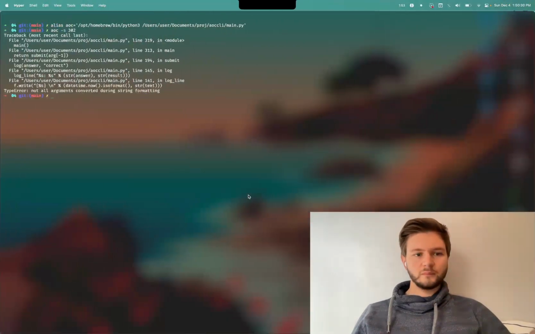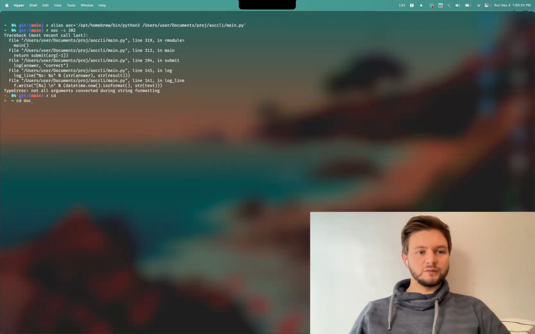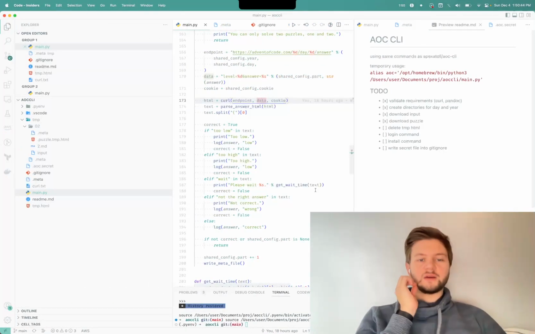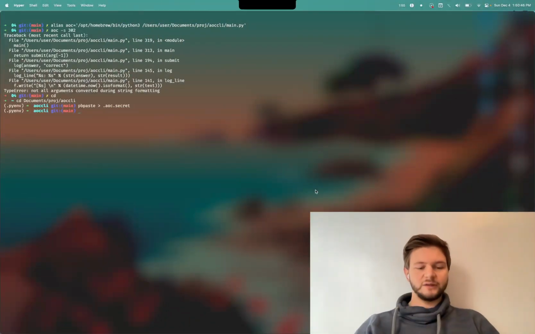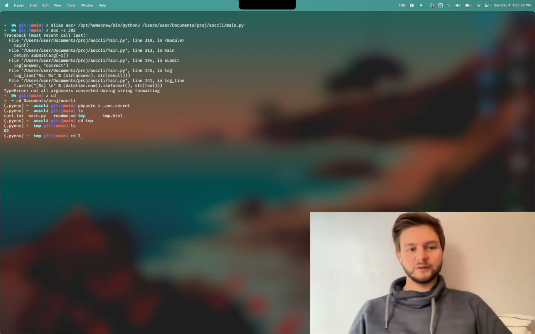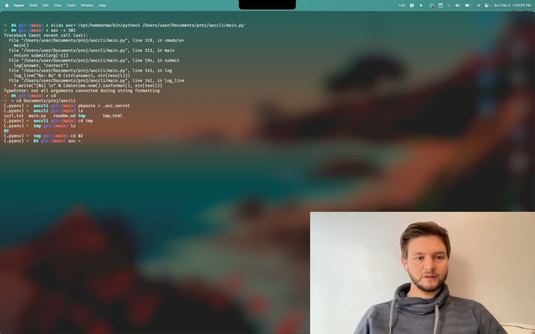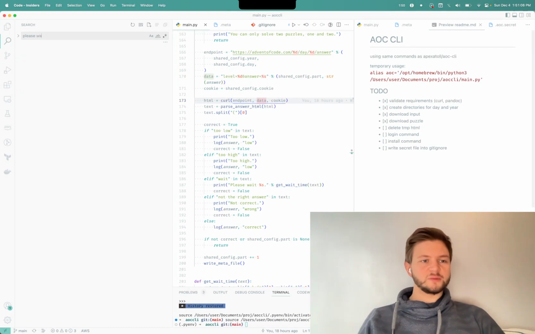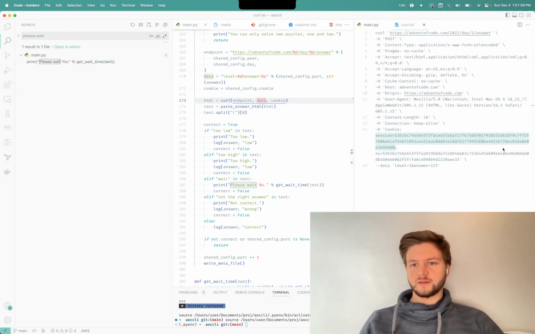Cool. And now I should be able to go to document project AOC CLI, and there should be a secret file right here, which we will now pb paste into. And now the CLI should be authenticated. If I now go to the TMP folder to O2, I should be able to attempt the solution. See, this is not supposed to be happening. This is not supposed to be happening at all. There's a please wait, and let's get this out of here